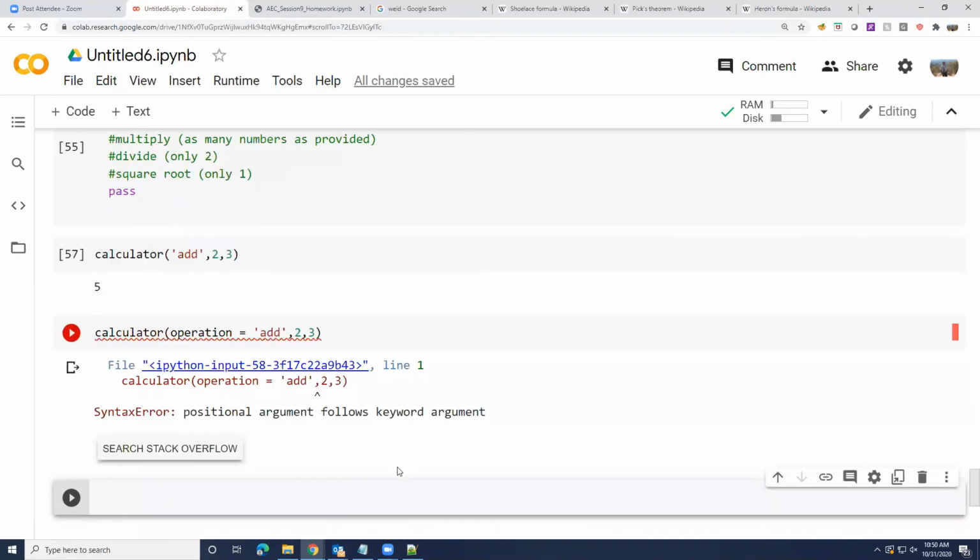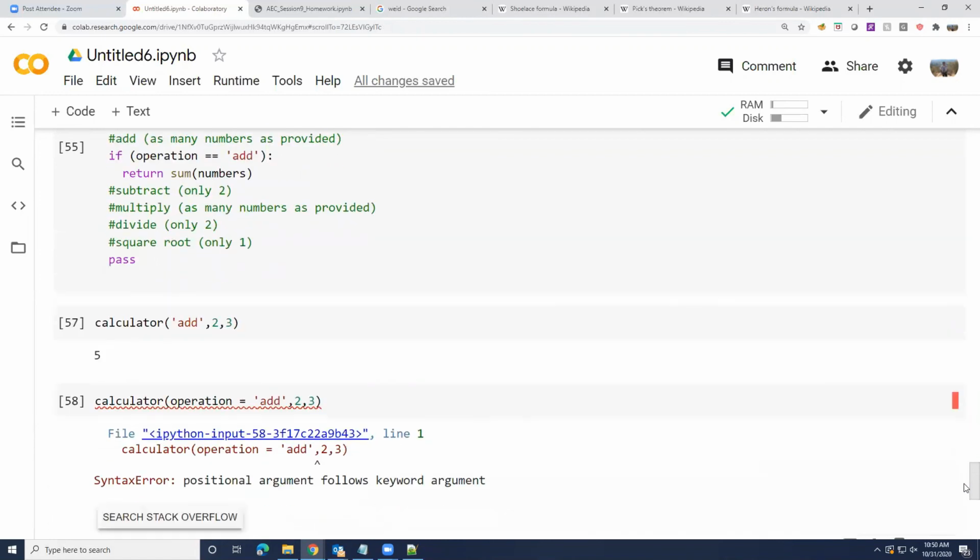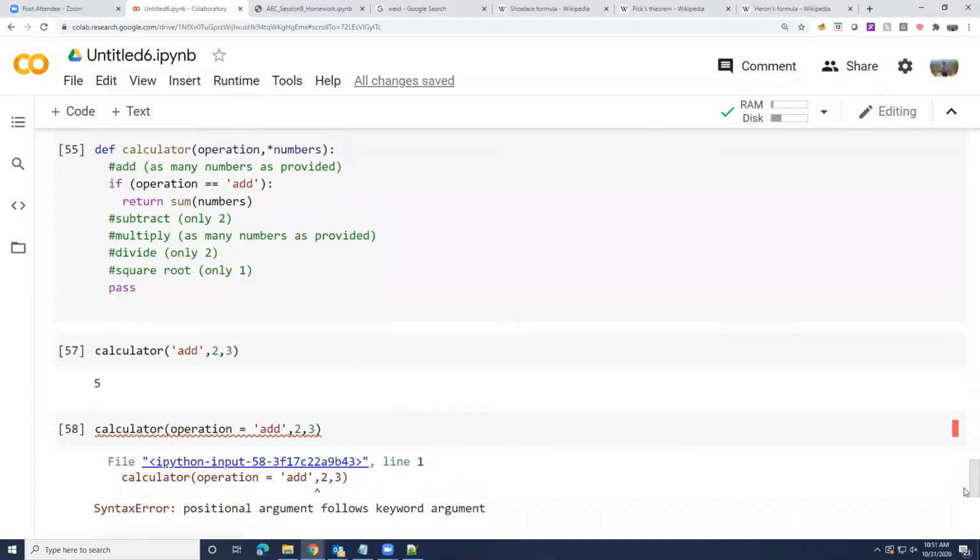What happened to the second one? So what looked like the right thing to do, we could have said, did I make a typing mistake in the name of the argument? No, I didn't make a typing mistake.